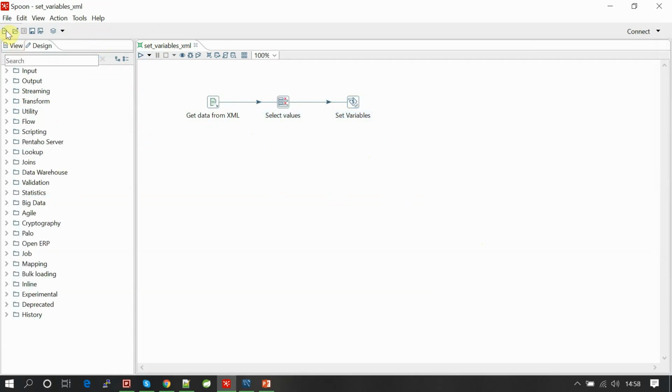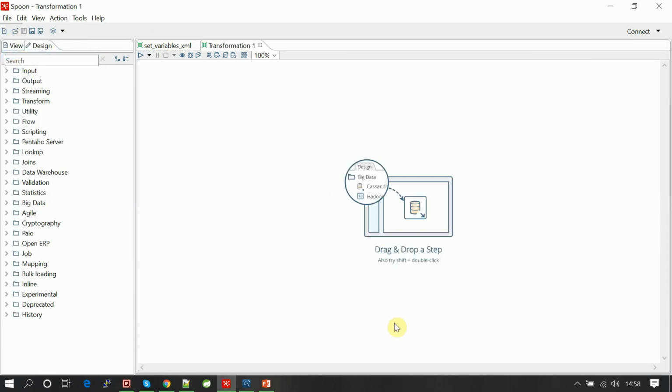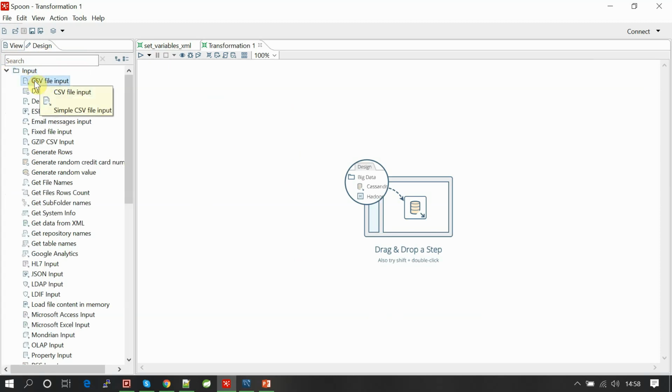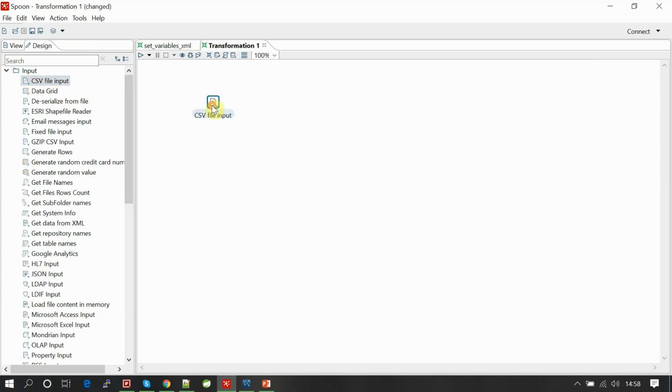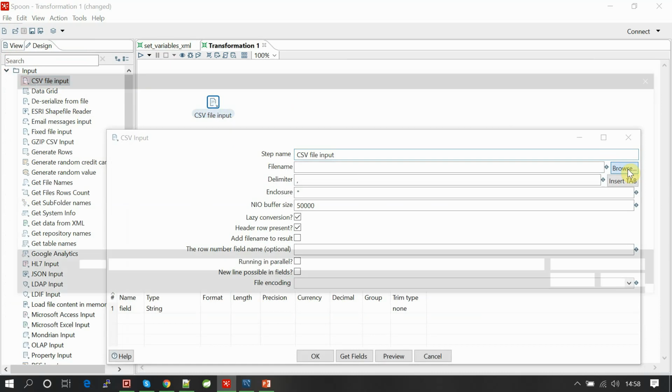Now what we're going to do is a transformation. Let's create one more transformation where we dump this XML data into one of the tables on the database. So for that, I read a CSV file, browse.